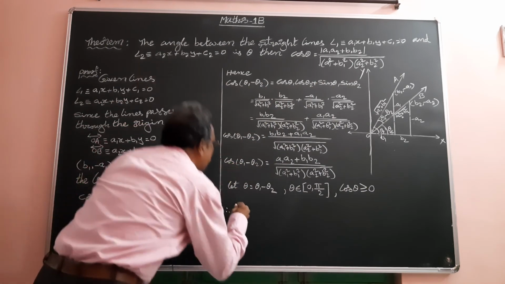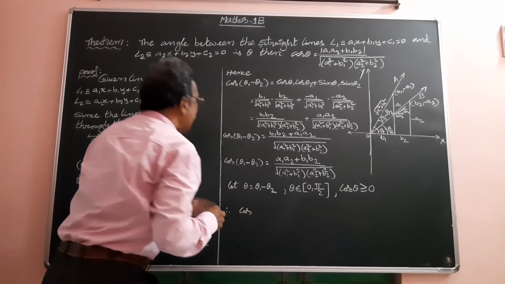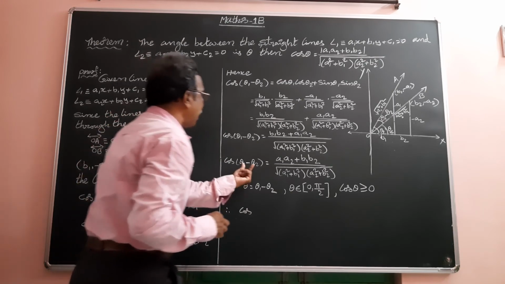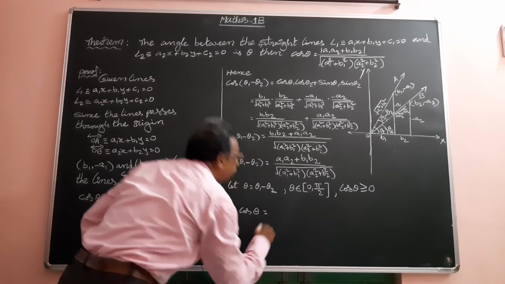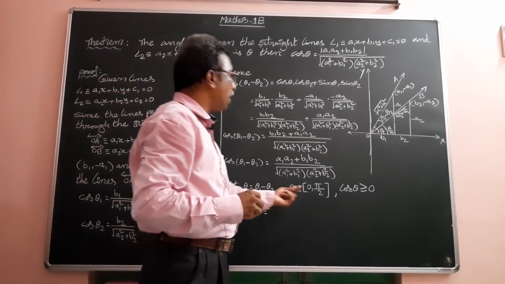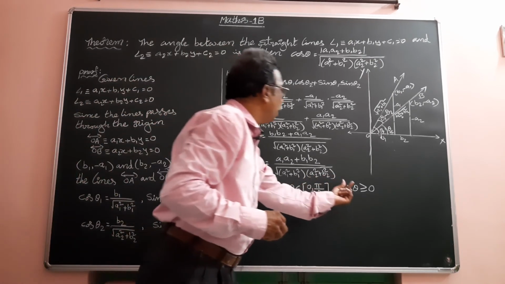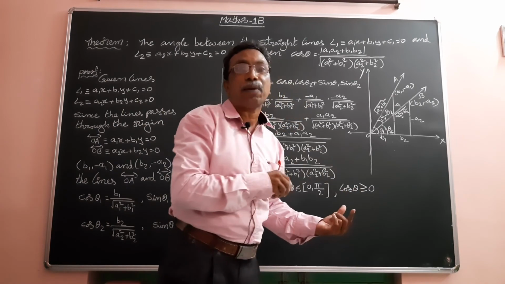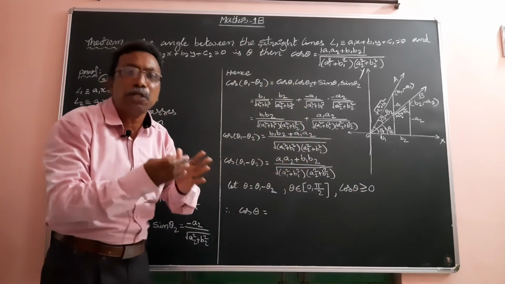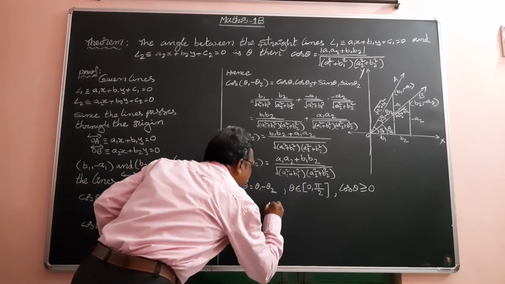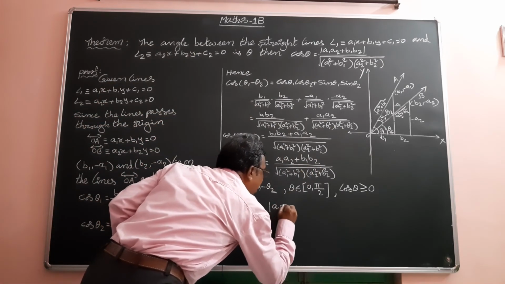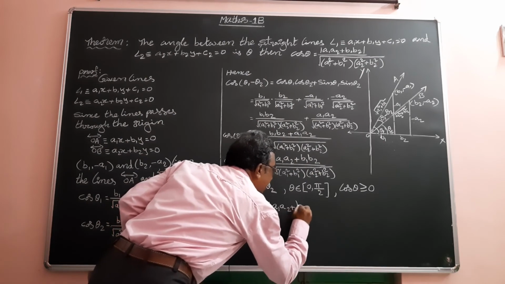Therefore cos of theta 1 minus theta 2, which equals theta, cos theta is greater than or equal to 0, all positive values only. Positive means we take the modulus of a1 a2 plus b1 b2